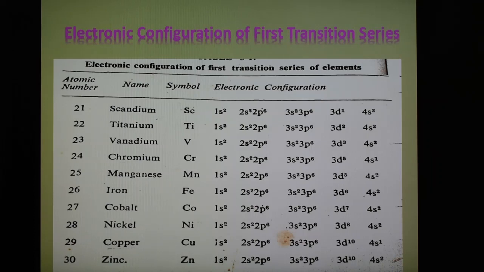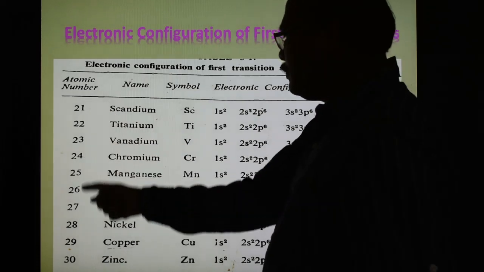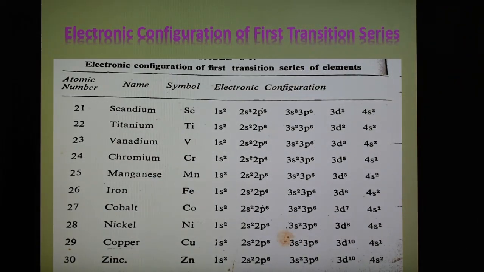So the names of the elements are scandium, titanium, vanadium, chromium, manganese, iron, cobalt, nickel, copper and zinc. Their atomic numbers start from 21 to 30. Here the electronic configuration is shown. In this first transition series, also known as the 3d series, the incoming electron goes to the 3d